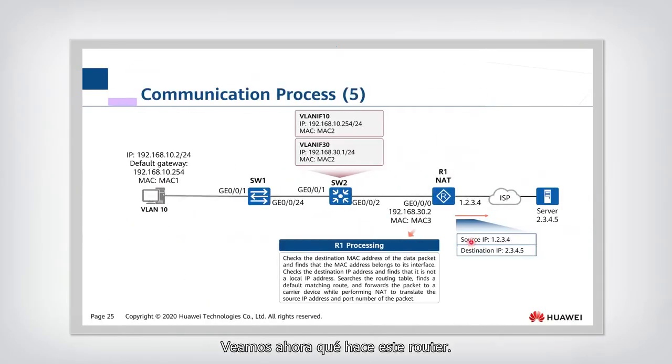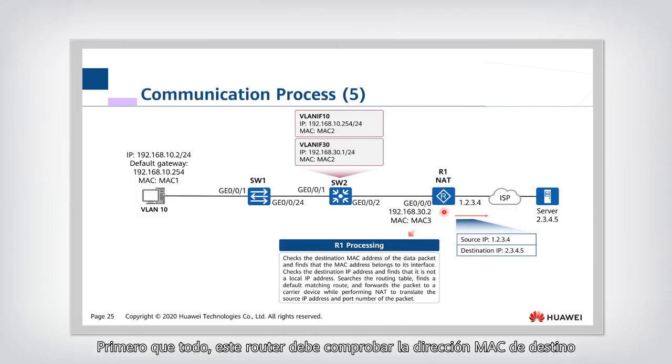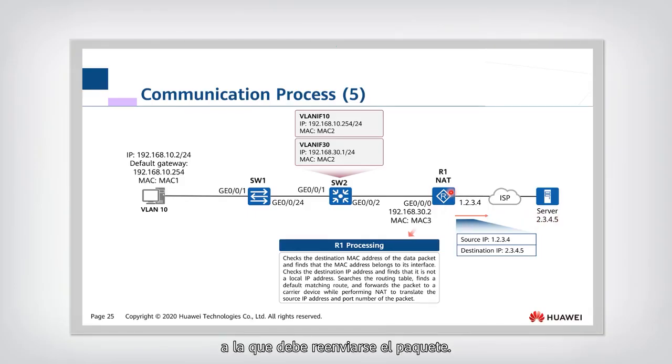Now let's look at what this router does. In this router, first they need to check the destination MAC address, to see where the packet should be forwarded. And when they check the routing table, they find that for this IP address, they should go from this interface to the internet, and then they will send the packet out. And because here they have this NAT, they will do the network address translation. So within